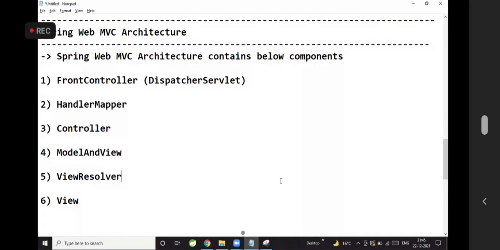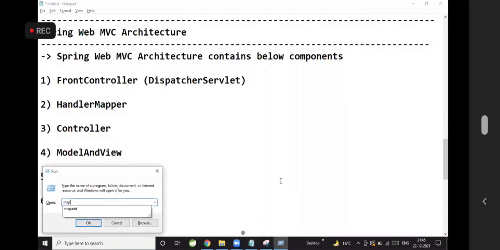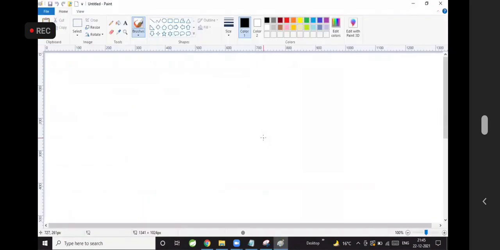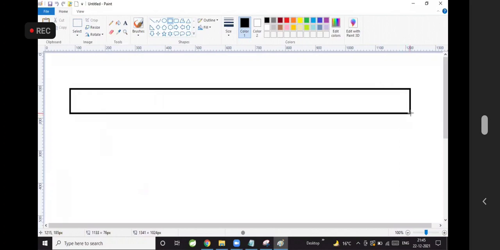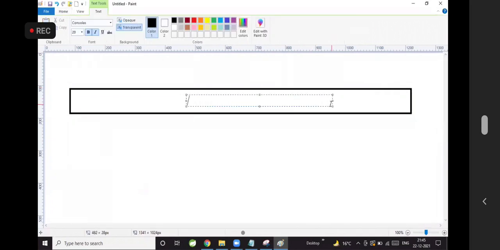Okay. Now, sir, what is this architecture? How does this architecture look? Okay, first let me take this. Dispatcher servlet is one of the very important concepts in Spring Web MVC.